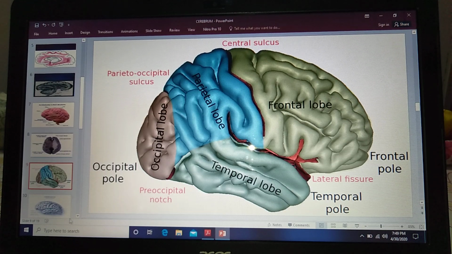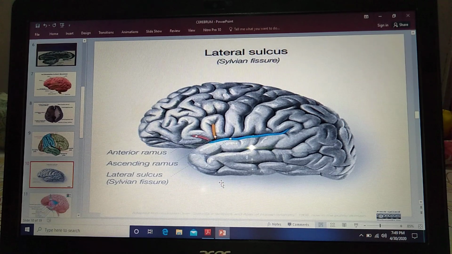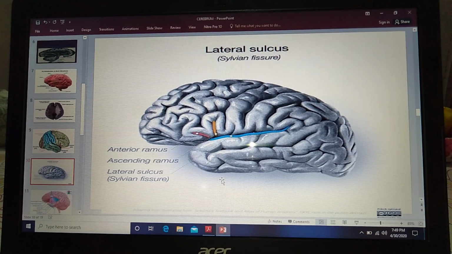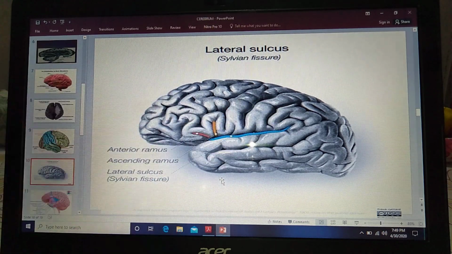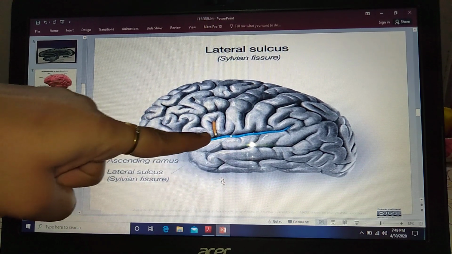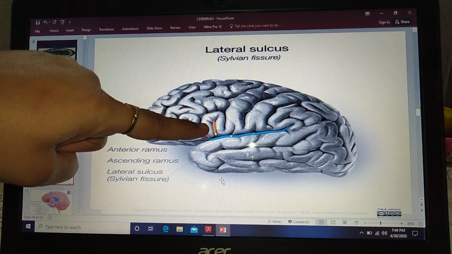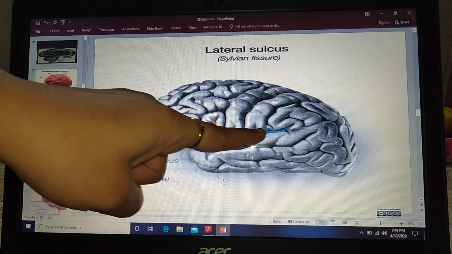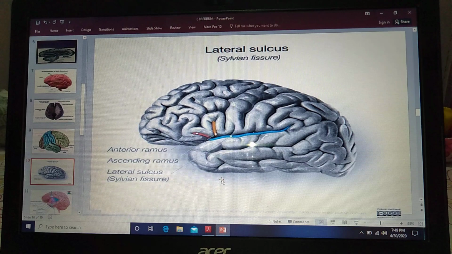Now this you can see in one more diagram. See here, this is the figure of the lateral sulcus. Okay, you can see now this lateral sulcus again dividing into branches like this, 3 branches. One is coming anteriorly, that is called the anterior ramus. One is going up, that is the ascending ramus, and one is going posteriorly and a little above, right? That is the posterior ramus, that is the largest ramus of the lateral sulcus. Understood? Now again coming back to the original diagram, we will see here.